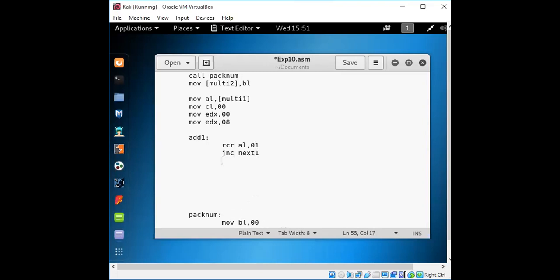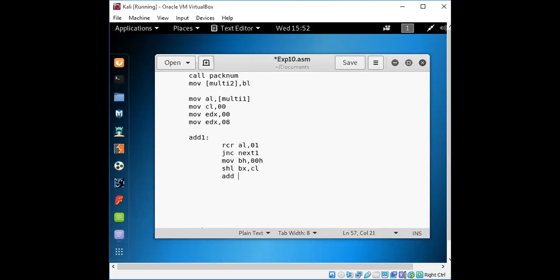Right, so whatever the addition for the value, initialize these values. If it is not getting a carry, jump if not carry, and if it is expecting a carry, we need to add this. So here we need not only the rotate, but we need the shifting of that operand to carry. So we'll have SHL with the BX or whatever the content you are having, that will be expecting it in the form of carry, that will be checked.